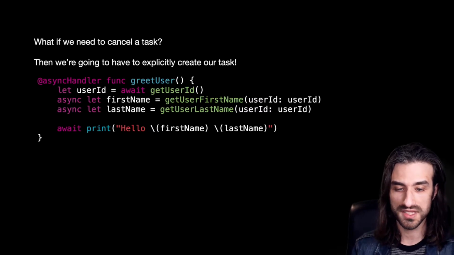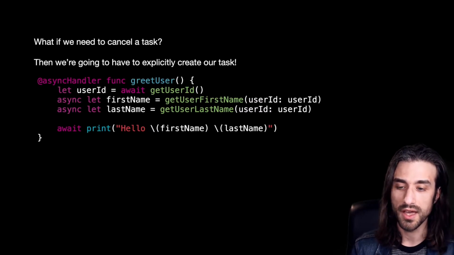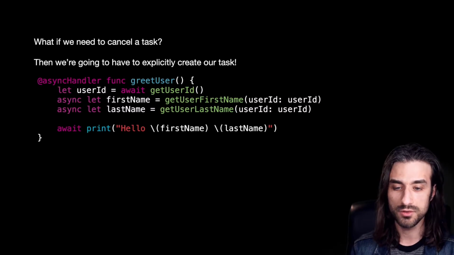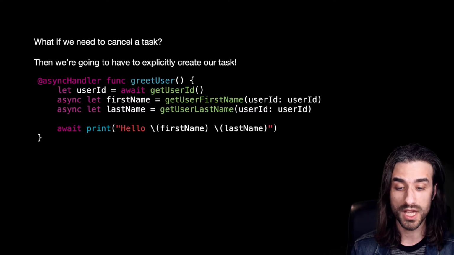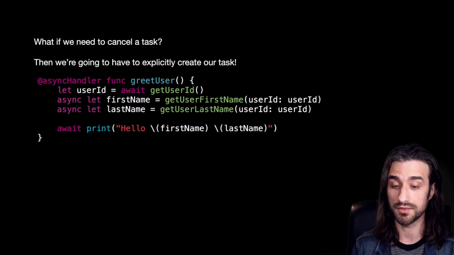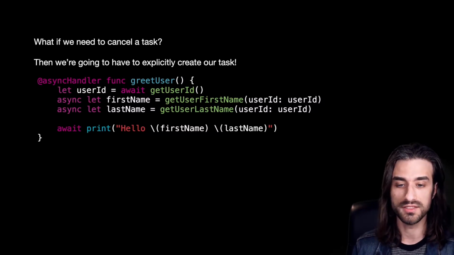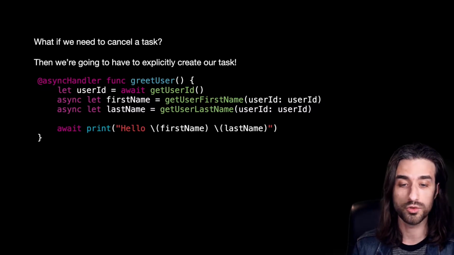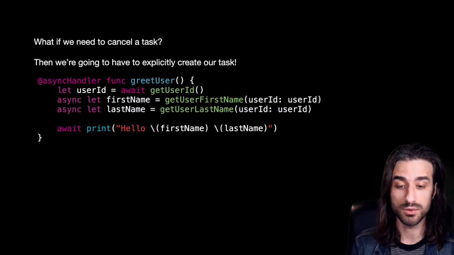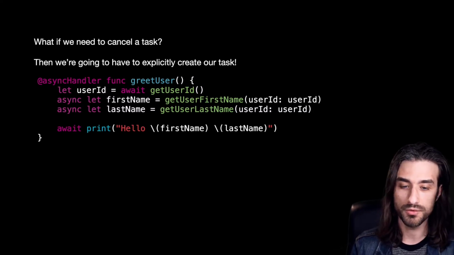And the way we're going to do it is that I'm going to introduce a new need. I'm going to say that, well, now we need to be able to cancel a task. So the call to get user first name, we want to be able to cancel it, because after all, when you create asynchronous code, you need to have the possibility to cancel it. Think, for instance, that your asynchronous code is the upload of maybe some post to a social media app. Well, you want to have a cancel button in case the user wants to cancel the upload of the post.